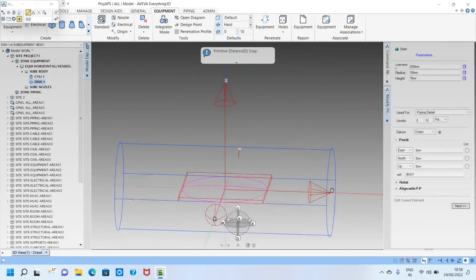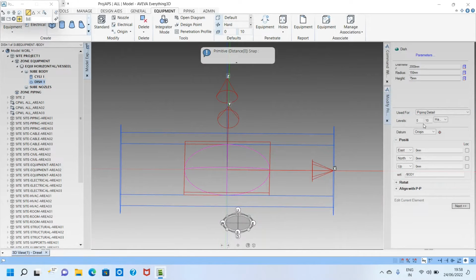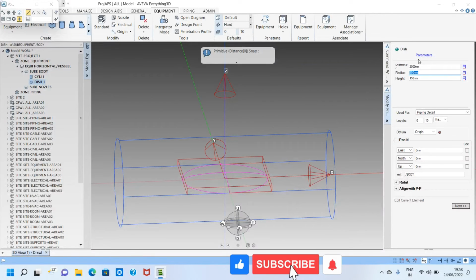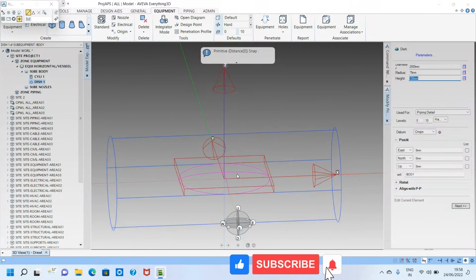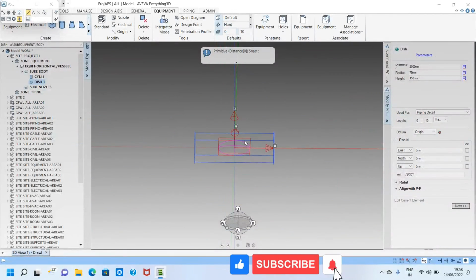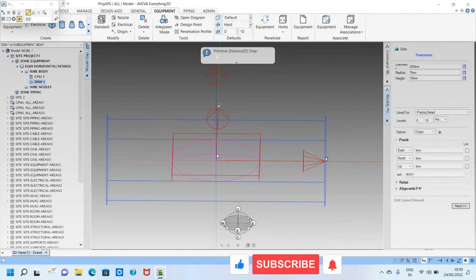The dish is very small in height, so sorry, you can make it 150 here. Like that I make it. Okay. So I want to keep this here, right? So what do I have to do? I can move